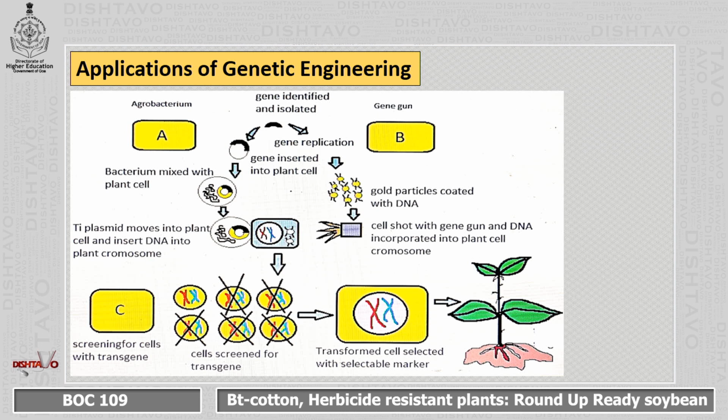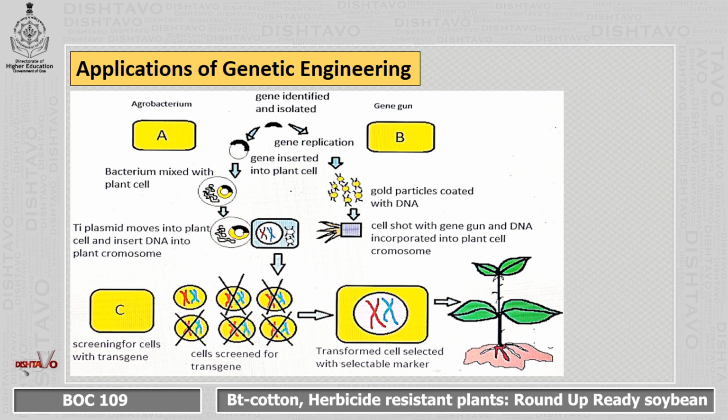Now in the other modules you must have studied the methods wherein this genetic engineering is performed or the genes are introduced to get transgenic plants. One of the most commonly used methods include Agrobacterium mediated gene transfer and gene gun mediated gene transfer, wherein the process is more or less the same, or the aim of both the methods is to introduce the foreign gene into the plant cell to get specific results. So, one of the very important applications of genetic engineering is to get transgenic plants with desirable traits.